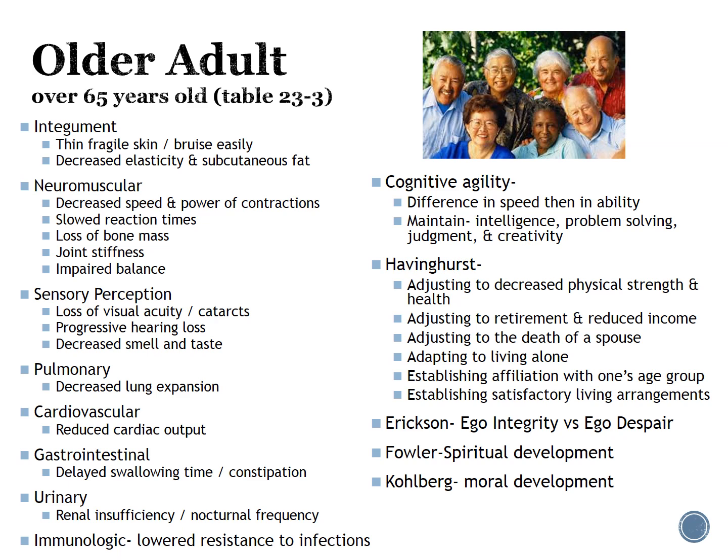I've outlined some of them here, but you should look at these two pages to be sure that if we ask a question about an older age group and what is occurring as far as changes in their physical assessment, you should be able to identify these changes. Cognitive ability, usually they're able to remember things. It just may take them a little longer to remember things. They still have intelligence, problem solving, judgment, and creativity.